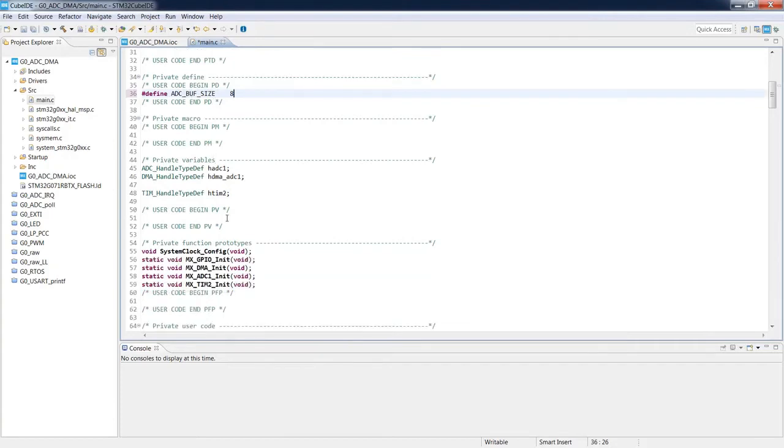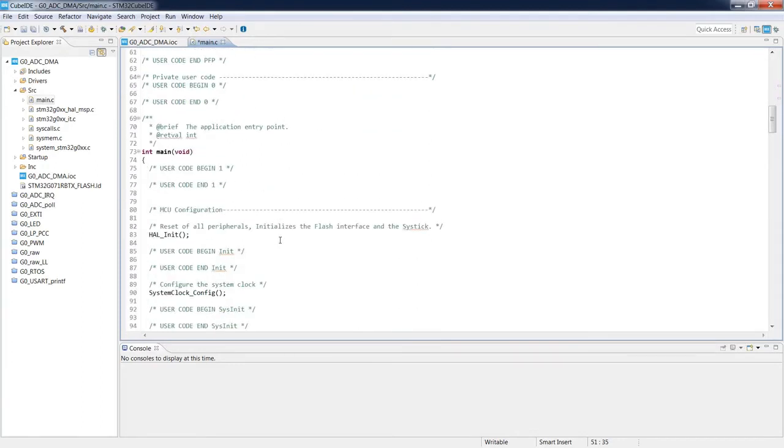The next step would be the buffer itself. The buffer will be used to store the 12-bit data, so we will use a 16-bit size of its basic component. And then let's name it ADC_buffer, and its size will be set to the one which we have defined a bit before. Okay, so this is the first step, definition of the data, where we will store the temperature values.